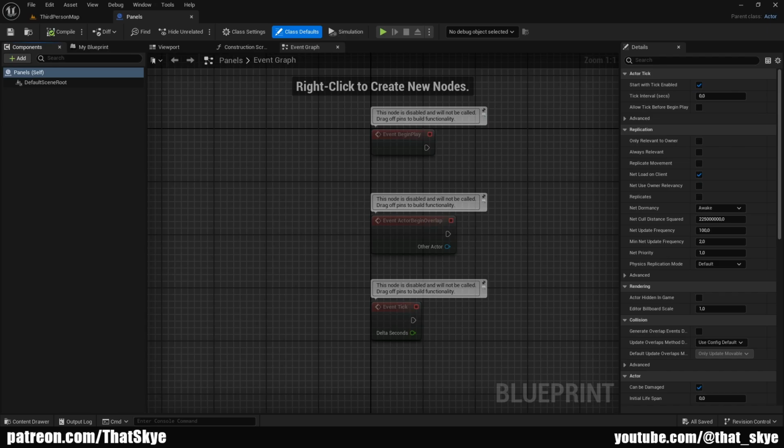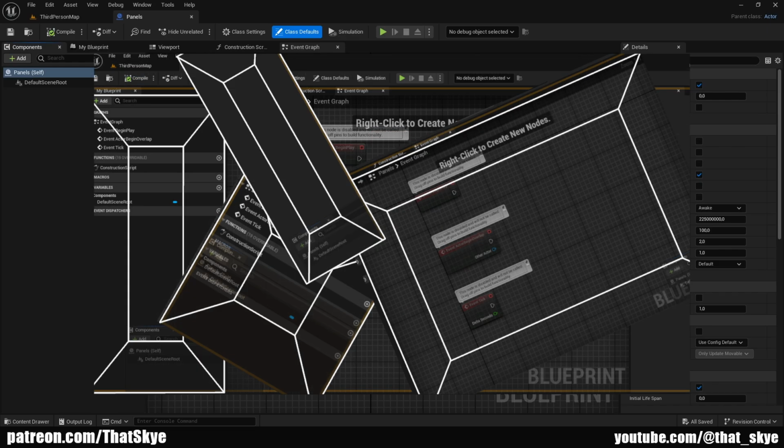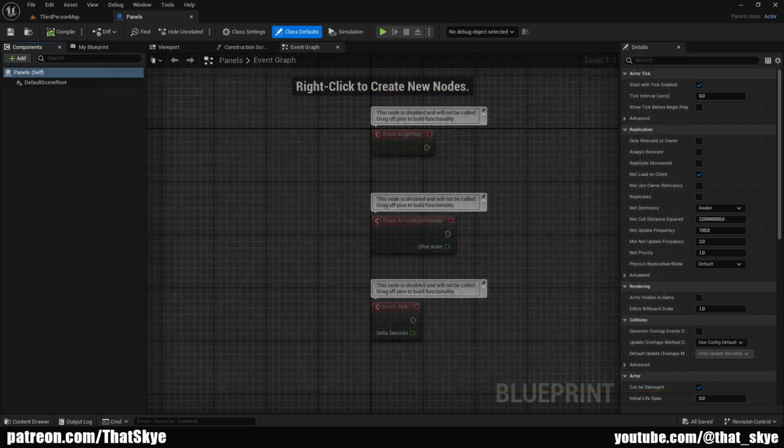What's up guys? So some of you might have run into this issue while editing blueprints where you have these white lines stuck in the editor and you can't work properly. Now this has been a thing since like Unreal Engine 4 and doesn't seem to happen as often in Unreal Engine 5. In fact, I wasn't even able to replicate it to show you guys,